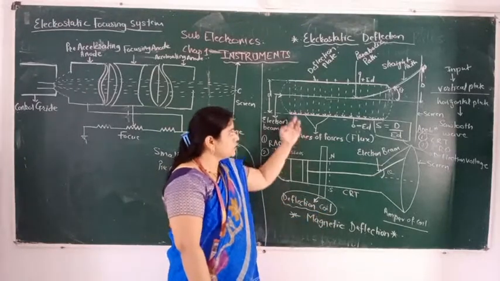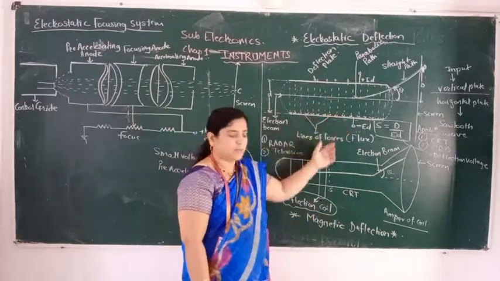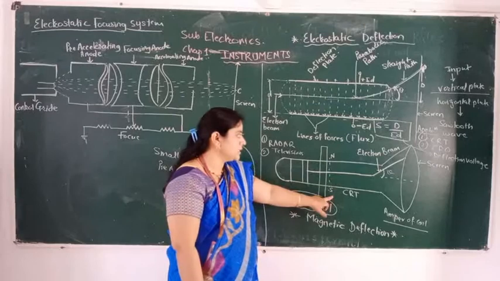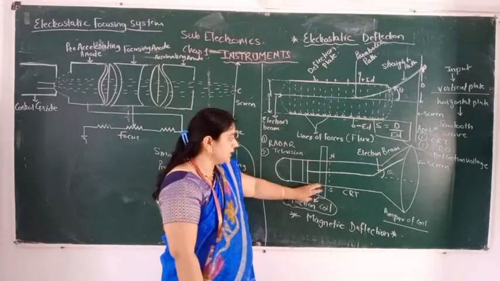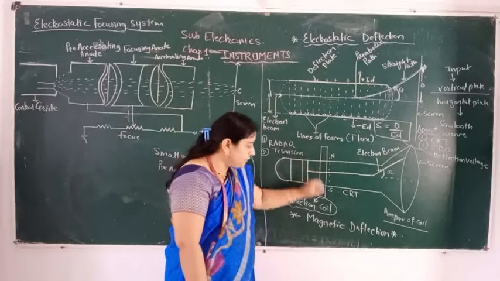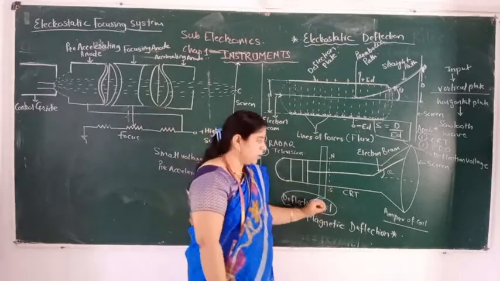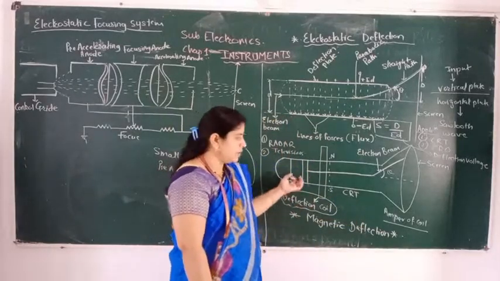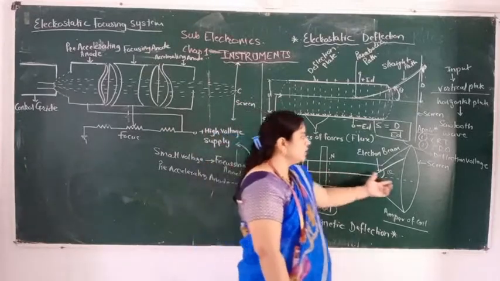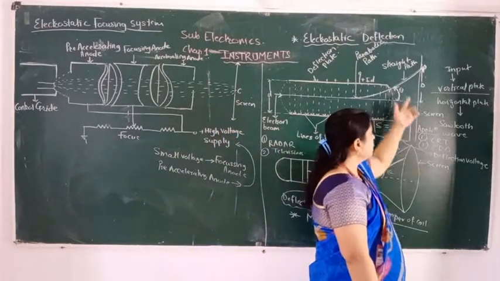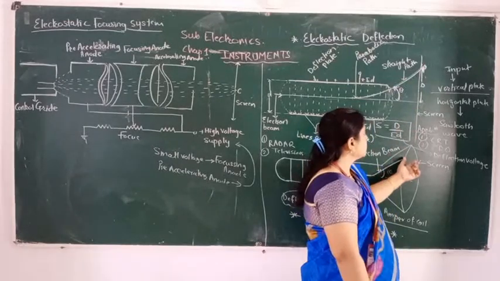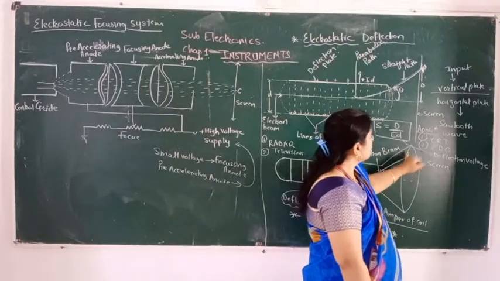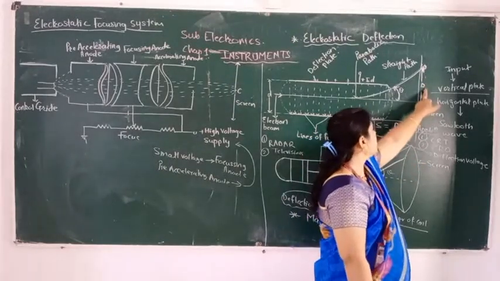So it does not depend on lines of forces, positive supply or negative supply. It will depend on the ampere of the coil. The coil is used here, with north pole and south pole. So this coil is used here at the neck of the CRT, and how much it deflects depends on the ampere of this coil. Okay. If a higher ampere coil is used, it will deflect immediately and it will not deflect in a straight line. It will make the parabolic path. Okay, so this is for sensitivity, B upon I.